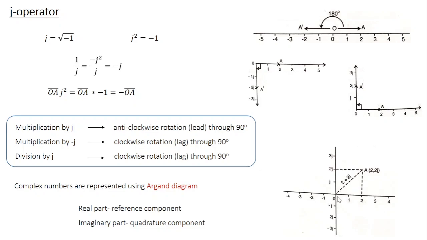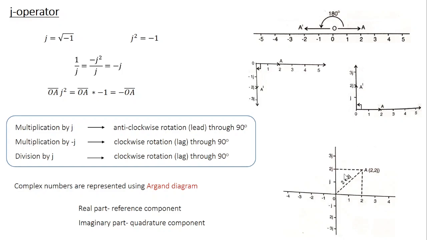So first, along the positive x direction, you take 2 units. Similarly, in the positive imaginary axis, you take 2 units here. So this is j, this is 2j. So at this point the coordinates are 2 and 2j, and the vector drawn from the origin to this point represents the complex number.